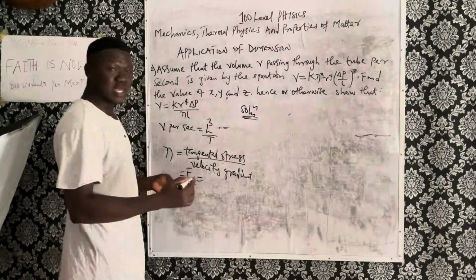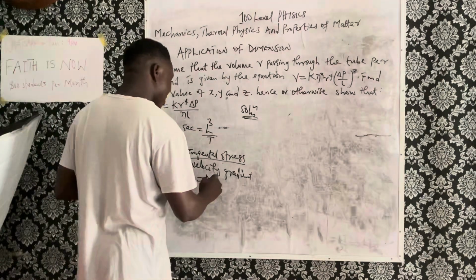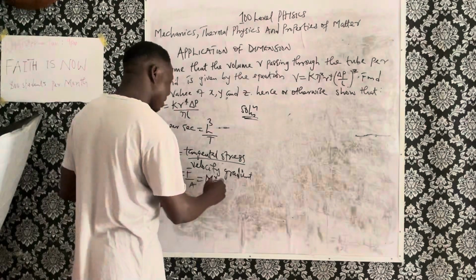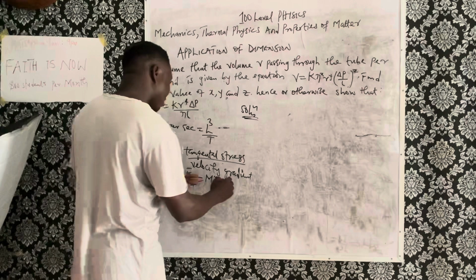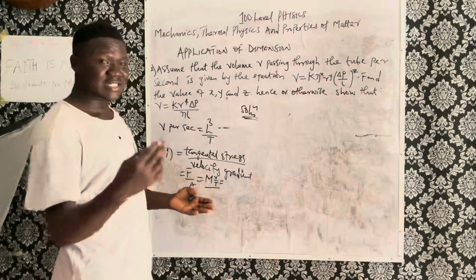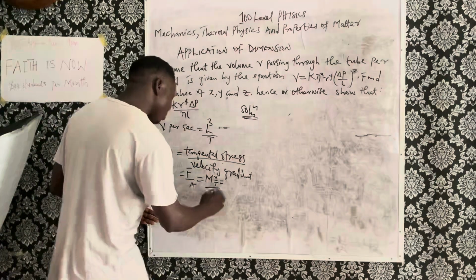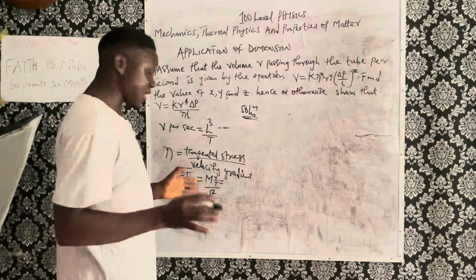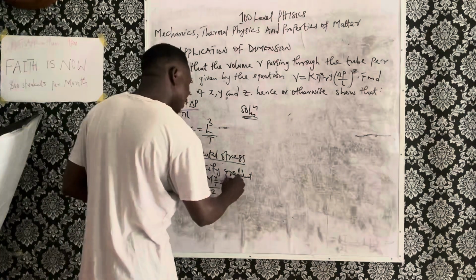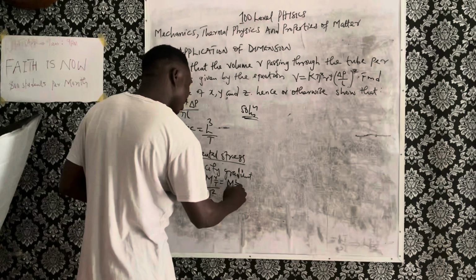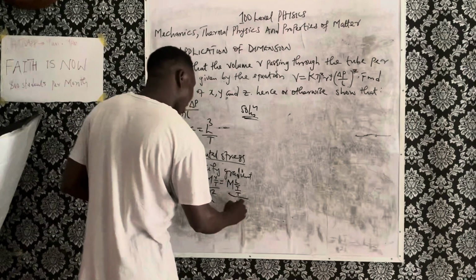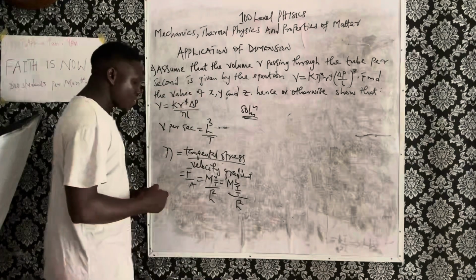Force is mass times acceleration, that's M. Acceleration is velocity over time, right? And velocity itself is distance, which is L over time, then all of this divided by area per time. So now when you look at this,